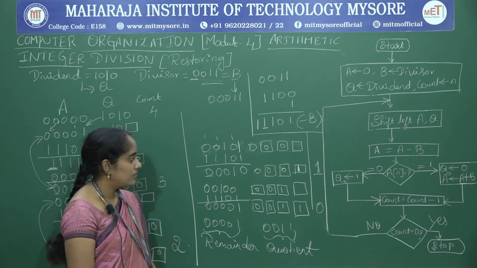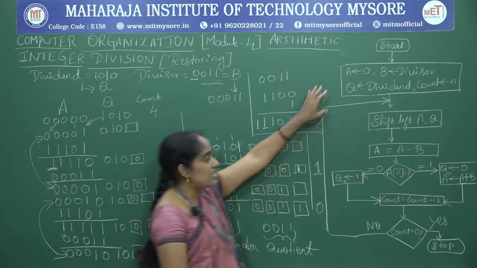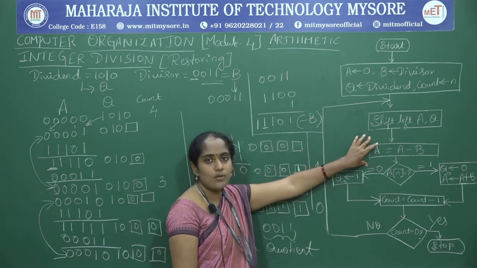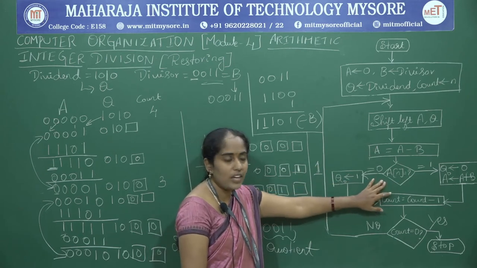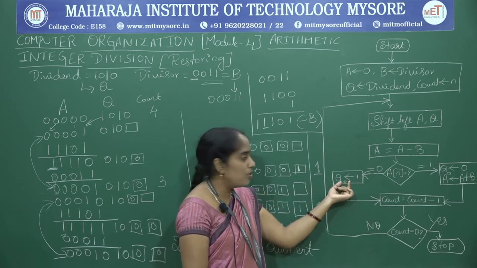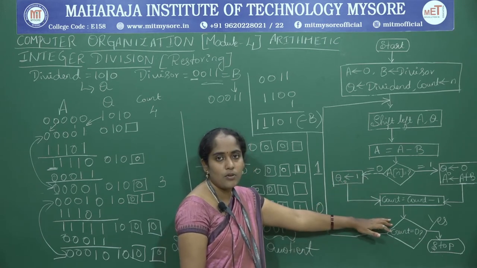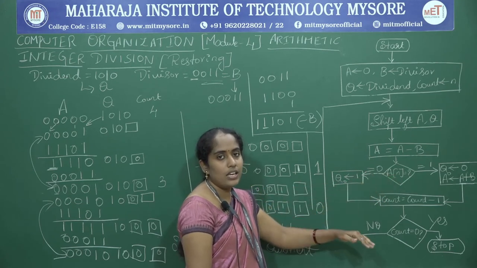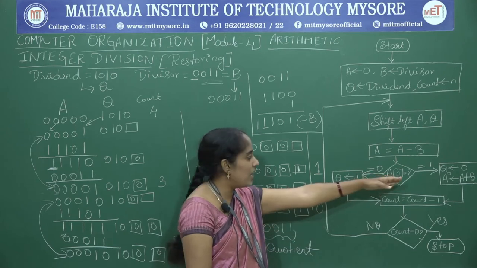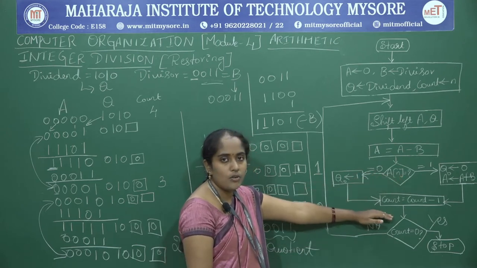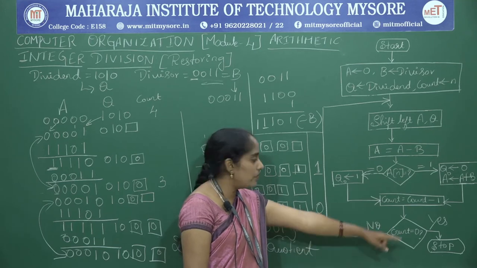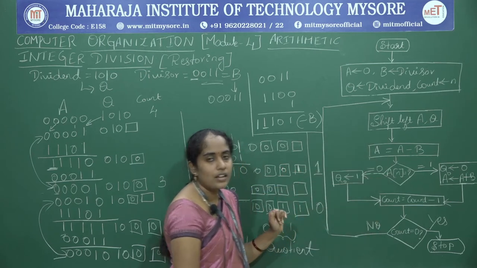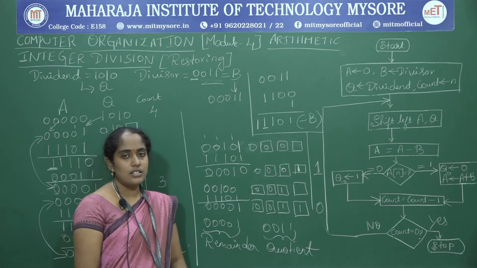Okay, now here first is the initialization part, second one is the shift left operation, then A is equal to A minus B, then check the sign bit of A. If it is 0, then no worries, set Q0 to 1 and decrement the count value. Otherwise, you need to set Q0 to 0 and restore the A value. How? For that we have A is equal to A plus B, then decrement the count value. Once the count reaches 0, then stop the process, otherwise go to the third step and repeat the same procedure. Okay. So this is the first problem.